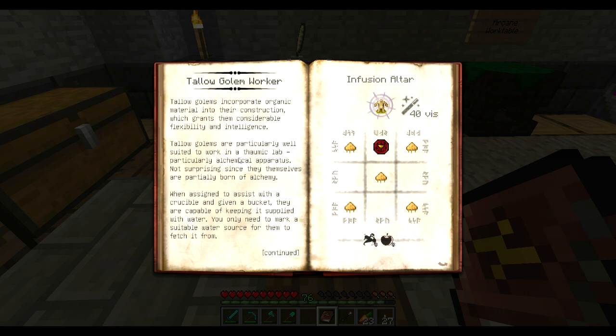Particularly well suited to work in Thaumcraft, particularly alchemical apparatuses. Wow, that's nice. While assigned to assist with a crucible and given a bucket, they are capable of keeping it supplied with water. Oh, I want to make you. I didn't think it had to be a tallow golem worker, but